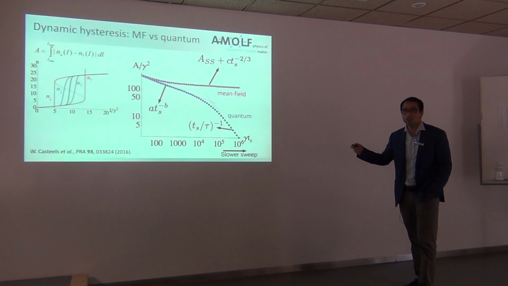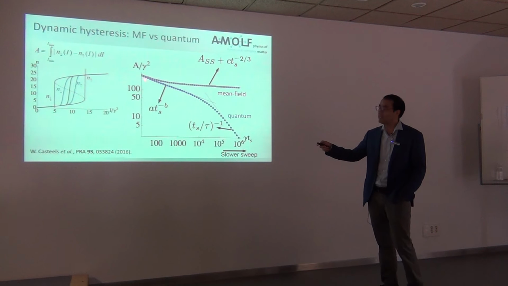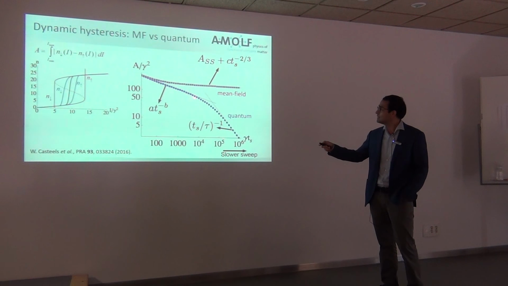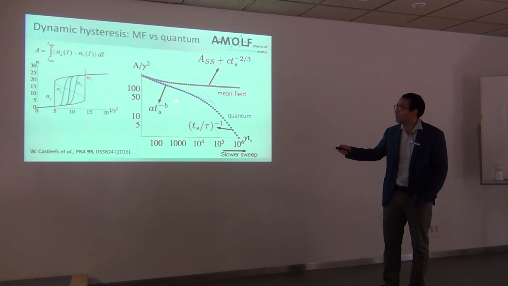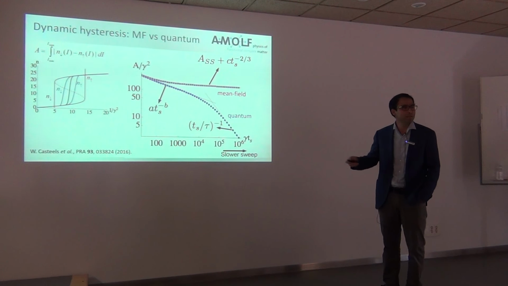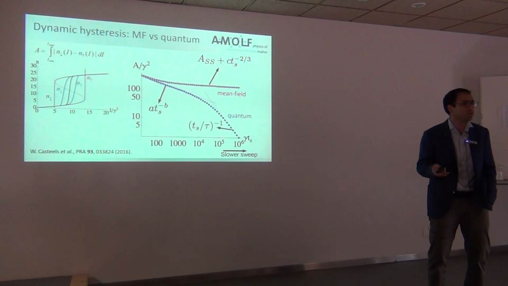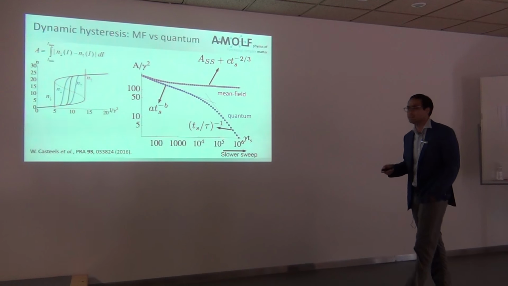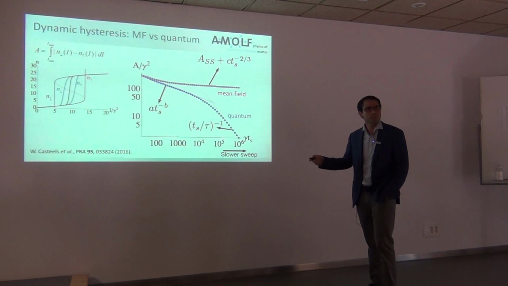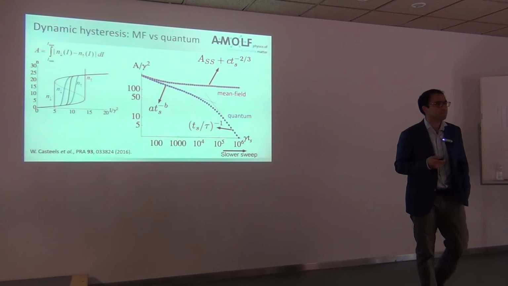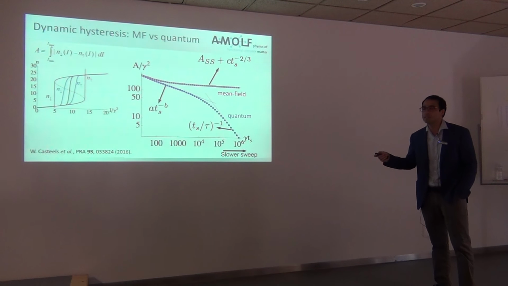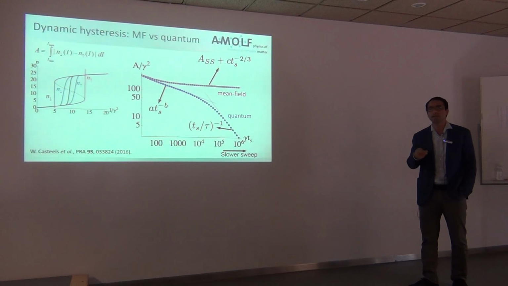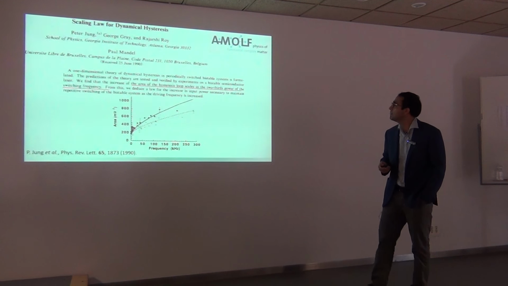Interestingly, when they do it with a quantum model, they find that for fast scans, the two models agree. But as the scan gets slower, there is a transition from one power law to another. The exponent of the first power law of the area is minus b, which depends on the system parameters. So if you tune the frequency or the nonlinearity, it will in general be different. But the second power law displays an exponent that is universal. It's minus 1. So this is independent of the system parameters, no matter your nonlinearity, your loss, or detuning.